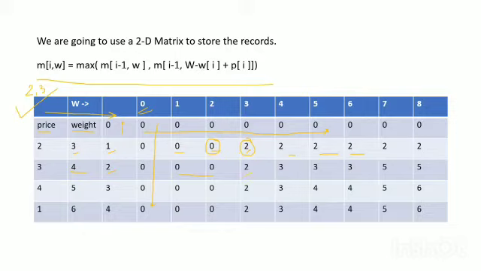In this way, we are going to compute this entire table. I'm not going to show you each element because we have a time constraint. As we complete this table and reach the end, the bottommost right corner element is your maximum profit. So you have to select the items in such a way that you have this as your profit. With that, I would like to end my presentation and give the control to Mandira and Tanya, who will guide you through the implementation, complexity, and code as well. Thank you everyone. Have a nice day ahead.